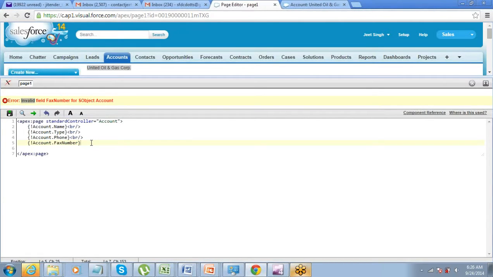So now how will I check? This is fax, so you are just guessing it. That's fine, fax or fax number. But how will I get to know it? From where will you get it? It can be any object, right? So how will you get to know whether it is fax, or fax underscore number, or fax underscore n? There can be anything. Just because this is fax, it's easy for us to understand, but the field can be anything. So we have to understand the field name. How will we understand the field name?